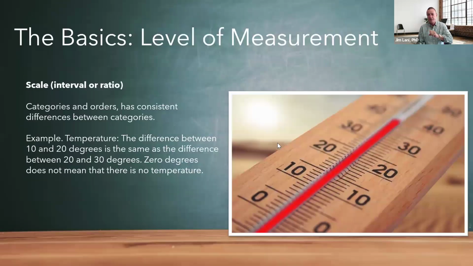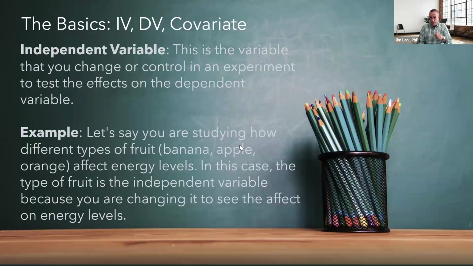So those are levels of measurement. Okay, so let's just get to IV/DV covariate. These are also important because we need to know what is our outcome variable, what are our predictive variables or independent variables. So roughly speaking, independent variables are things that the researcher really controls. If I say, is there a difference in emotional intelligence by gender? Well, gender is what the researcher is saying he or she wants to find differences in that outcome variable by. Okay,